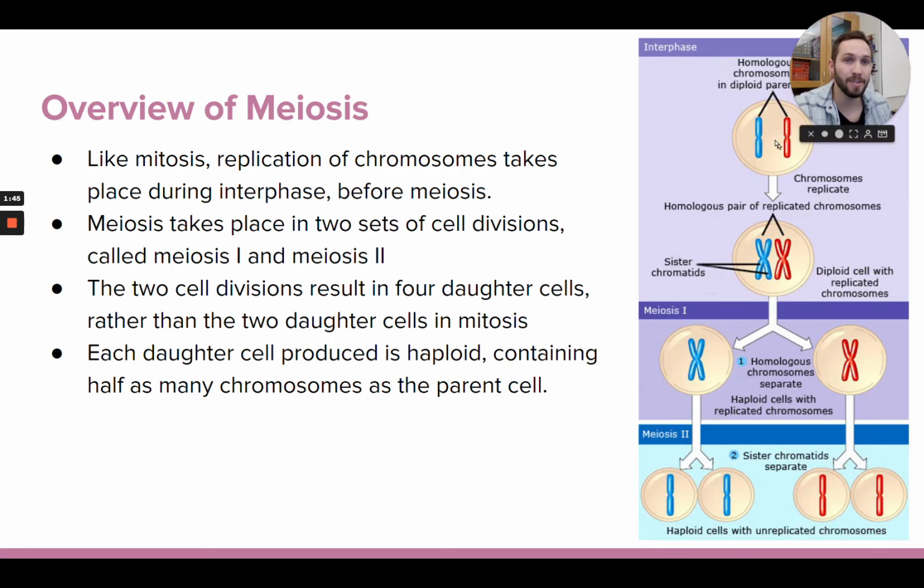And in interphase, what happens is the chromosomes are going to duplicate. So each of the chromosomes are going to make a copy of themselves. The DNA is going to replicate, and you're going to make a copy of each chromosome. And those copies are still going to be held together as one chromosome. And those are called sister chromatids. Sister chromatids are two copies of the same chromosome still held together as one chromosome. And so that's going to happen during interphase. Before you do meiosis, you always have to do interphase,